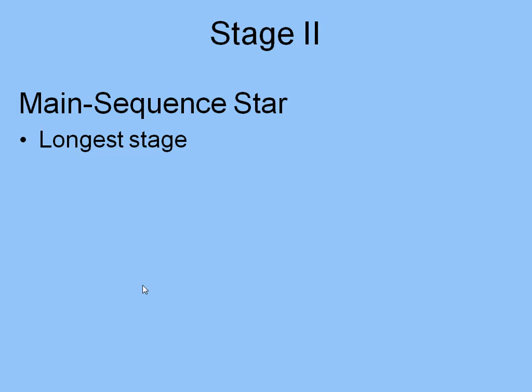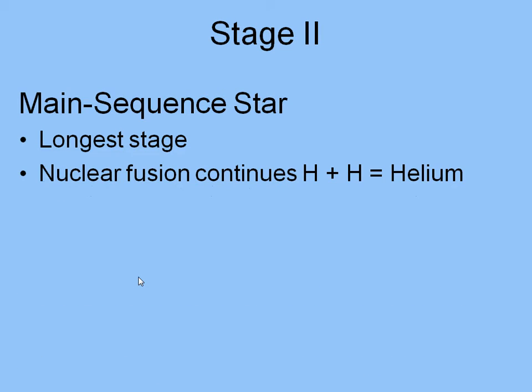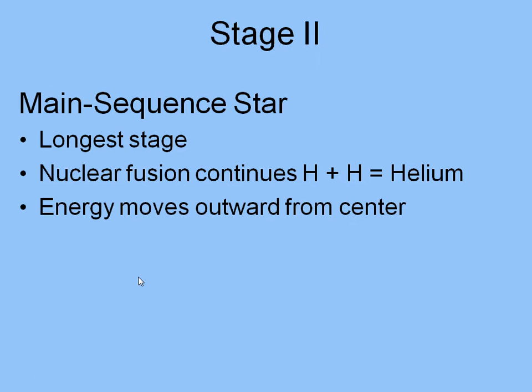We call this the main sequence stars. Main sequence. It's because they are the ones that are fusing hydrogen into helium. They're the ones who are really putting it out there. The energy is coming out, moving out from the center of the star out to us. That's what we're utilizing here today in Pontiac,